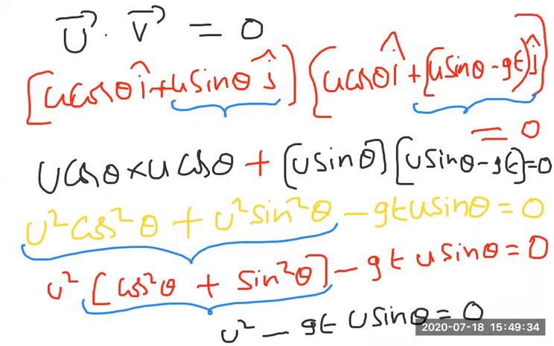I hope you understood how we handle this. It's a very easy method. Just apply the dot product equal to 0 to these two vectors, u bar and v bar. So u bar dot v bar equals 0. I have done this one, and finally I got this expression. Now let me take this expression to the next page. That is what I wrote last.